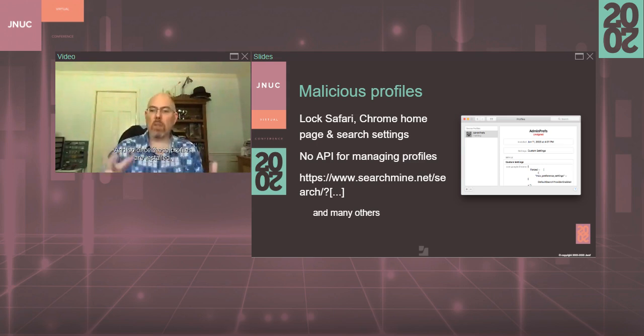And so once these profiles are installed, you'll find that in Safari and Chrome, you can no longer change your home page or your search engine. And that's because these are now considered to be managed, even though this was not deployed via an MDM. And there's really no API provided by Apple for managing this. So antivirus software really can't safely remove these things. So if you see this sort of thing,